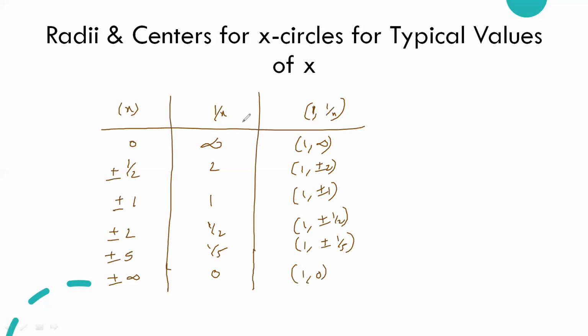So let us see similar kinds of images. Just now we have seen the R circles. Let us look at these different typical values. Let us look into the images.